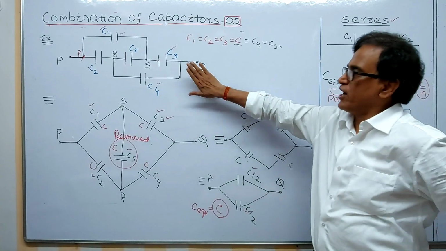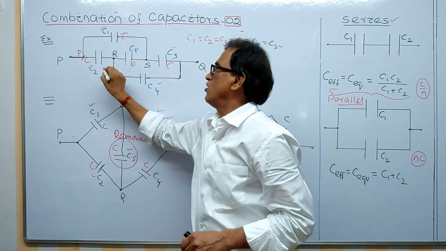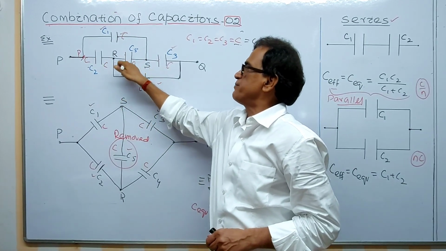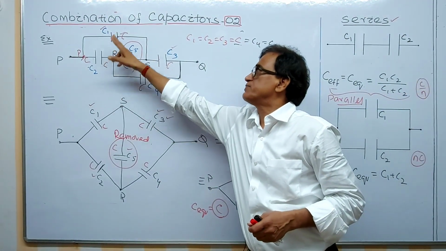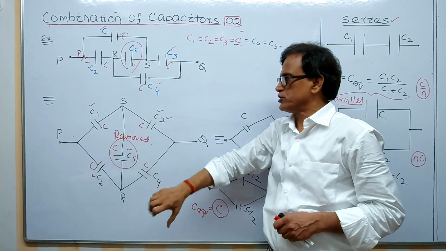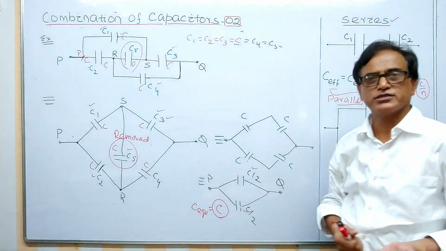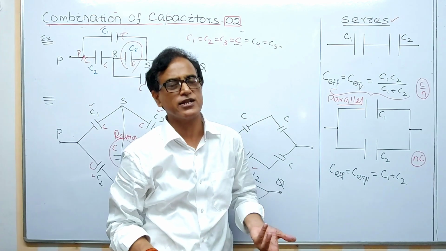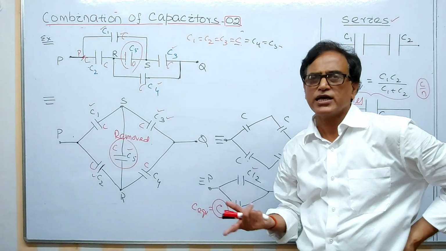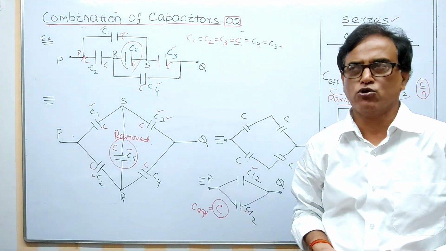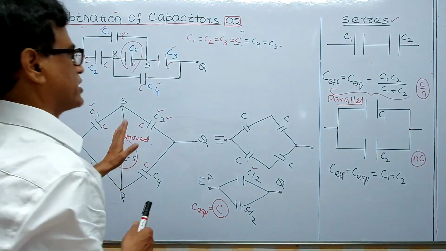The fact is, if you have an arrangement like this and all the capacitances are of the same value, it is given. All the capacitances will be of the same value. This may be a different value, it is immaterial. If all are having the same value, or this by this is equal to this by this, then this is a balanced Wheatstone bridge. So this capacitance can be removed and the effective capacitance, as I have got, is C. Then if all the 5 capacitors are C, the resultant effect is also capacitance C. It may be given as C farad or it may be given as, say, 10 microfarad, 5 microfarad, any numerical value can be given to this. Okay. Now I think with this type of arrangement, your idea is very much clear.